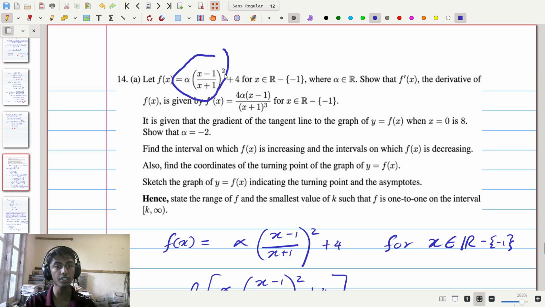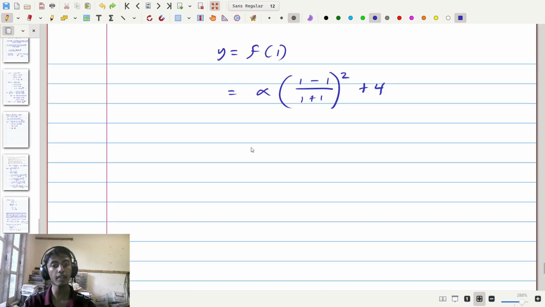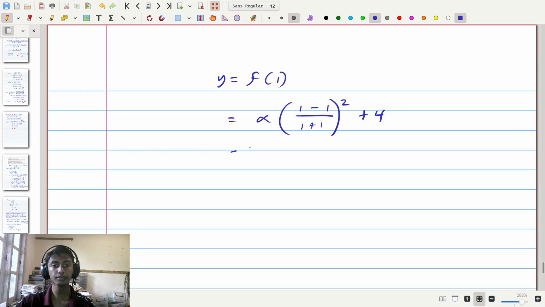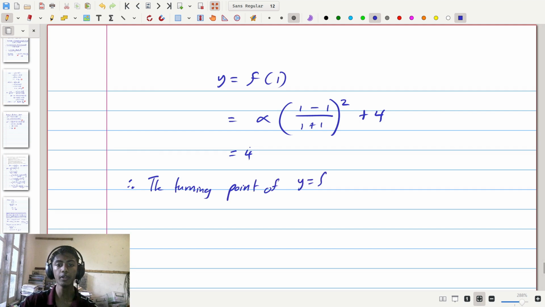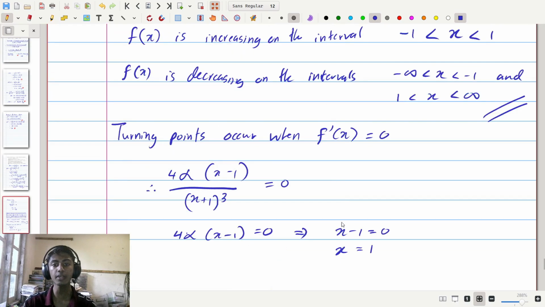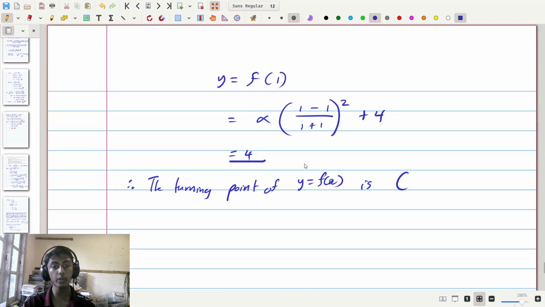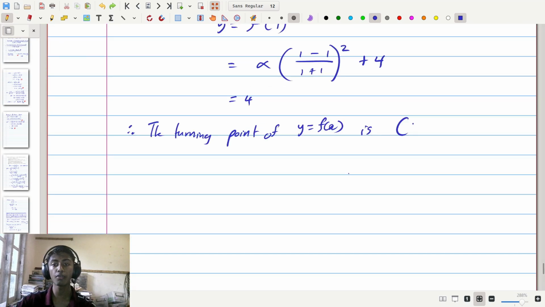So this whole thing is 0 plus 4, and therefore the y value here is 4. So according to that, we can say therefore the turning point of y equals f(x) is at the coordinates of x equals 1 and y equals 4, and therefore it's the coordinates of (1, 4). So with that, we are also done with that part of the question,